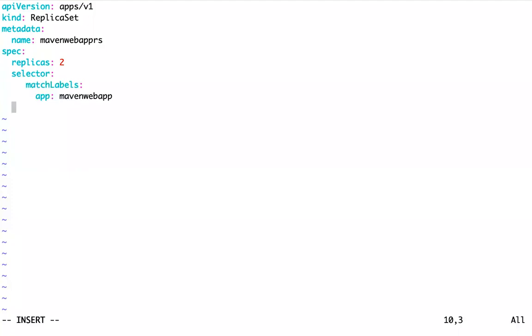Template, the pod template, metadata, name, labels. Whatever selector I have given, that will be my label.